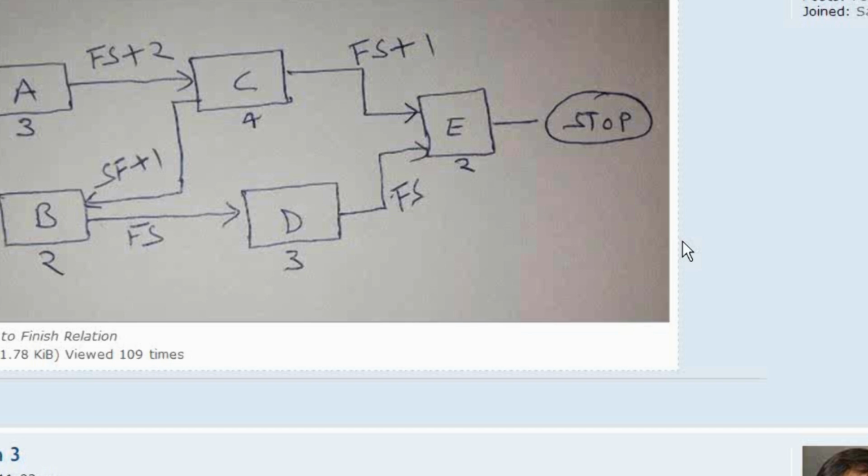So my recommendation to all of you is that please look at these 3 questions. A lot of the time we think that in a critical path we don't have a lead and lag. No, the answer is no. You can have lead and lag. Critical path and lead and lag are independent things. Lead and lag has more to do with the relationship between 2 activities, and critical path is about identifying those activities in which, if there is a delay, it can delay the project. So you can have lead and lag in the critical path.